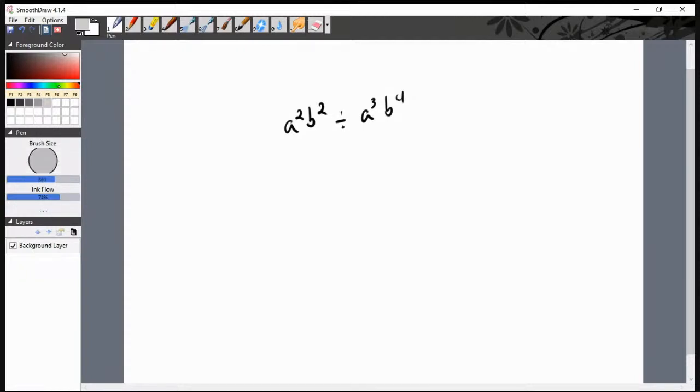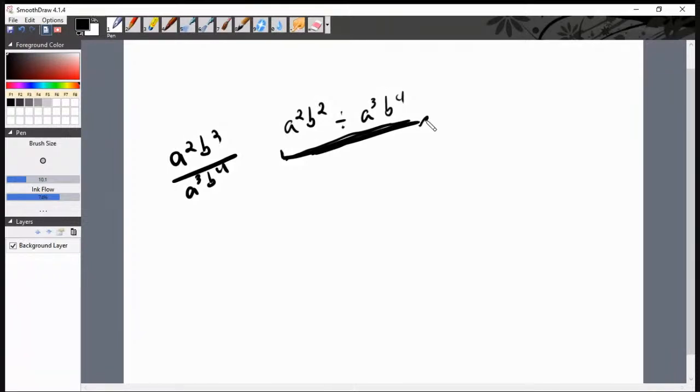First thing I want you to do, and the other way to write this, obviously, you might see this in this form instead, which is the same thing. It's just another way of writing it. You might see A2, B2 over A3, B4. I want you to rewrite it like this. All right. This is page 418. So if it's given to you like this, I want you to rewrite it like this. And then what I want you to do